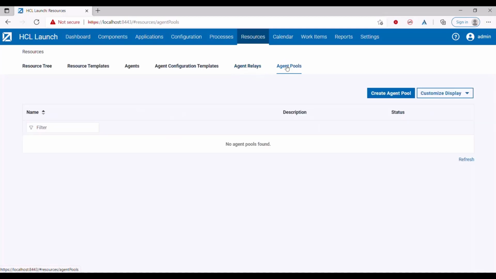And then agents can be pooled, so you can keep a pool of agents, and they can be associated with deployments, so that you can manage the licenses very well.